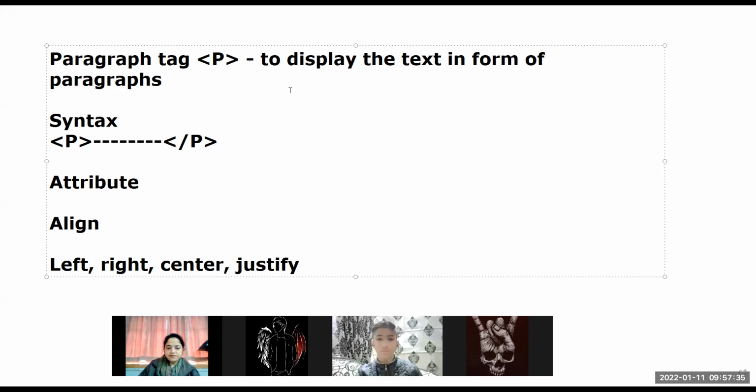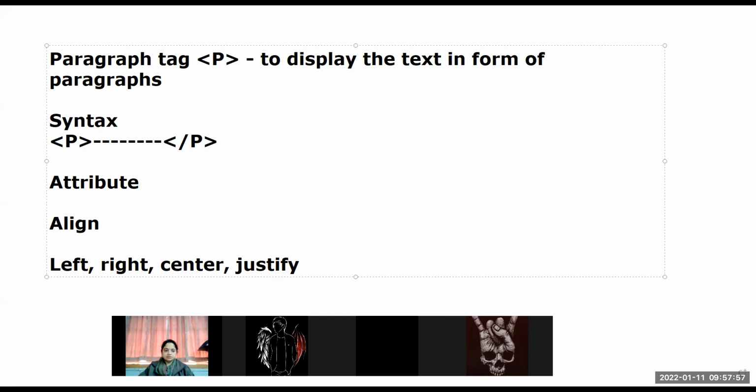Okay, what is the use of left align? It is used to align the text to the left side. Okay, it is used to align the text towards the left margin. That means it starts typing the text from the left hand side. Okay, and if I use the right align,